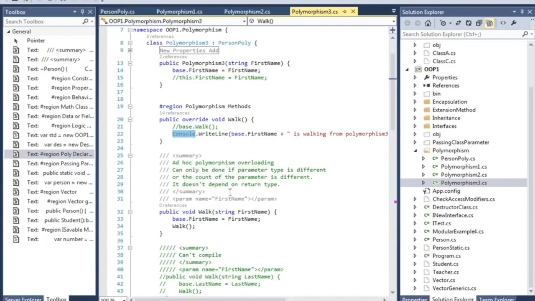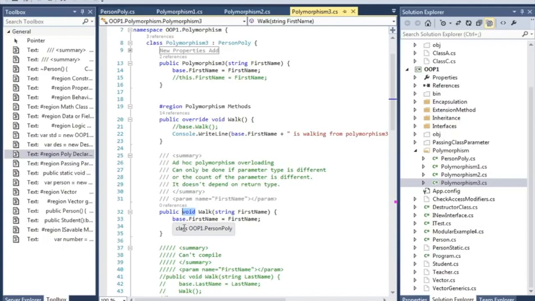So what is overloading? Overloading can be achieved by the same name for the method but with different parameters. Different parameters means the types are different, or the number of parameters is different. If only the return type is different, it doesn't matter.